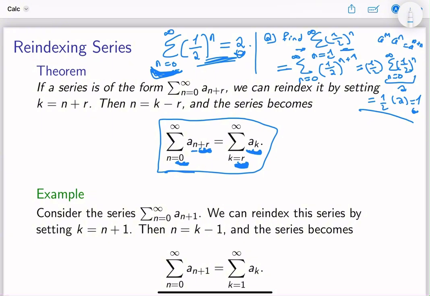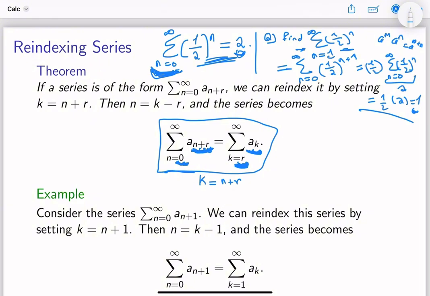So if this is annoying for you, and you want to start from k, you want the indexing to be by one term and not by two terms, not by a sum of numbers. So what you're gonna do is take a change of variable, k equals n plus r, right? If you do that, then